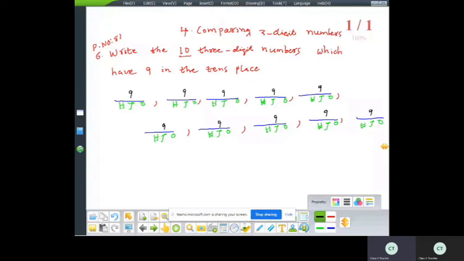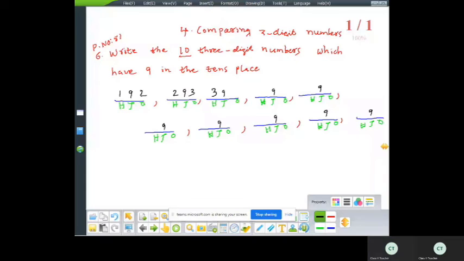We want 10 3-digit numbers. The digit 9 in the 10th place. The condition is the digit in the 10th place. Yes. We can write as you wish. 191. You are right. 2, 292. 3, 393. You can take the digit 3 in 100 place. You can write any digit in ones place, that is